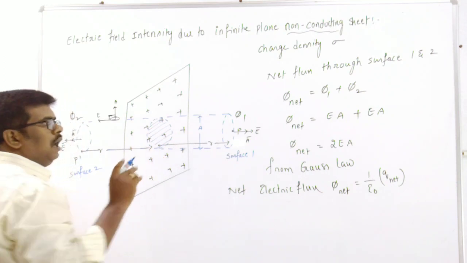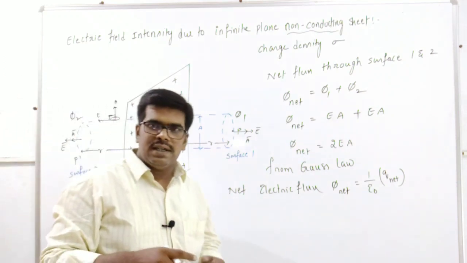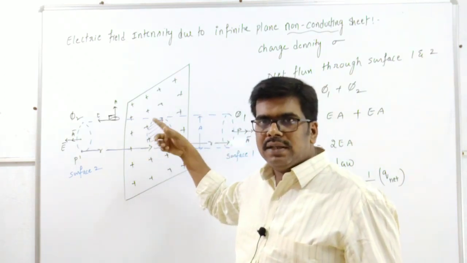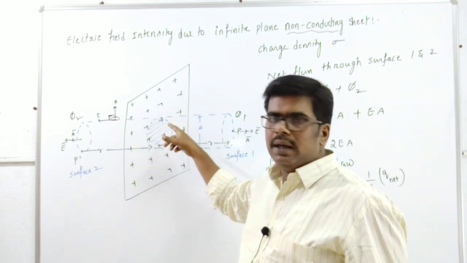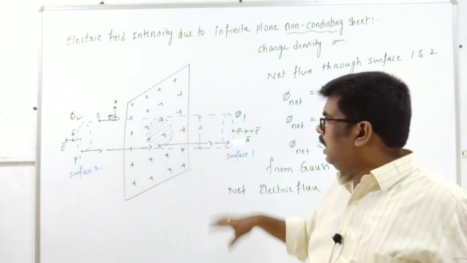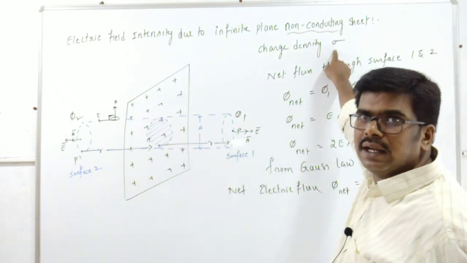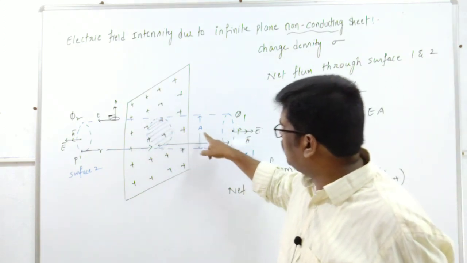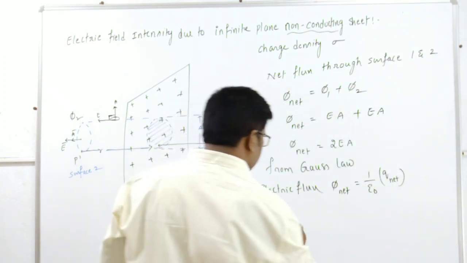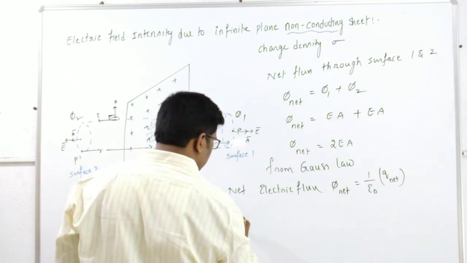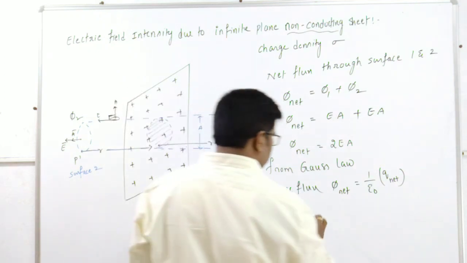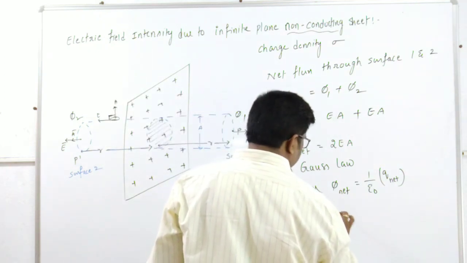In case the surface charge density is given, how can you find the charge enclosed by an area? It is nothing but the surface charge density multiplied by this area. So now I am going to take that the net charge enclosed by the cylinder is nothing but the surface charge density sigma times this area. What is this area? We took the cross section area as A. Therefore I am writing that here Q net is equal to the surface charge density into the cross section area.